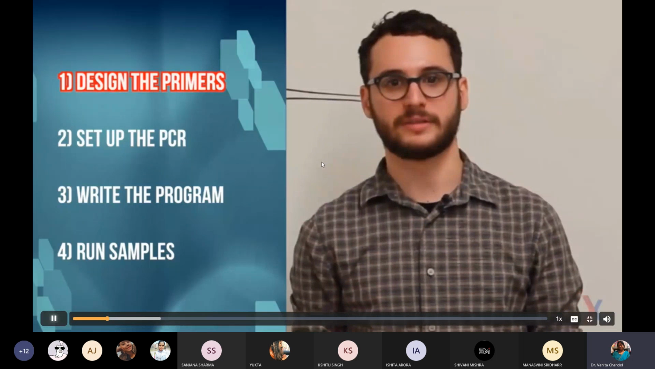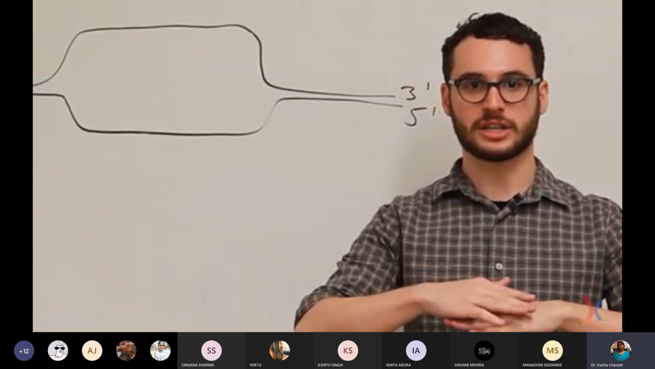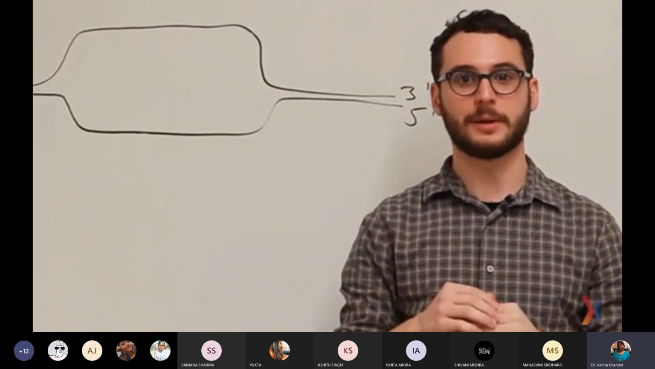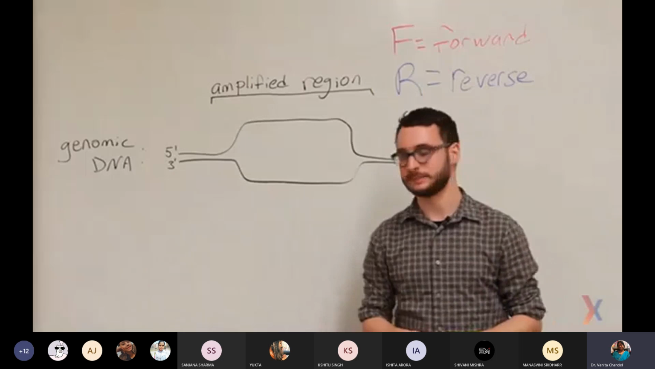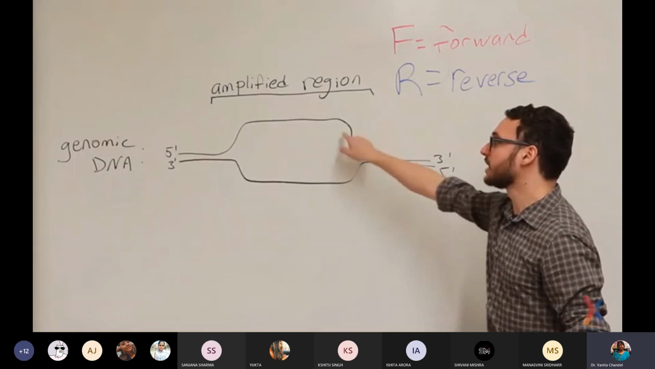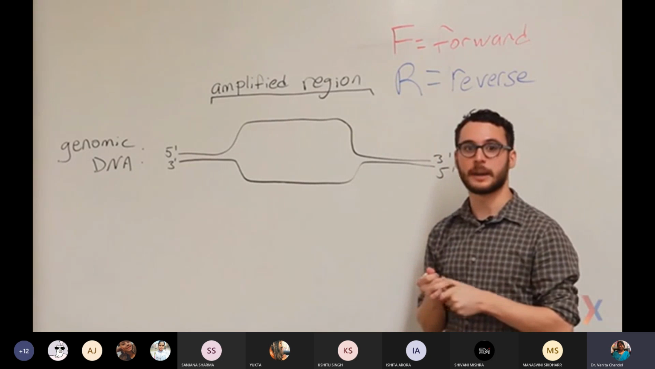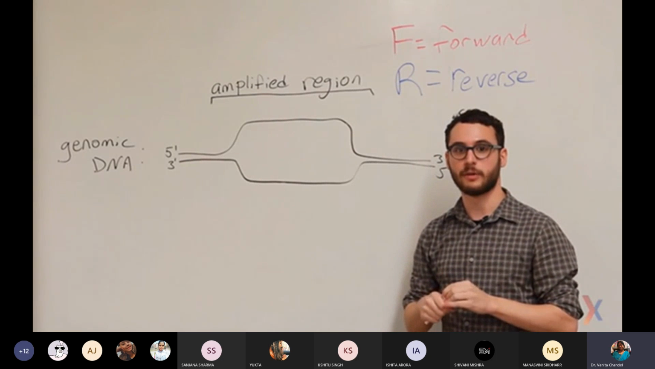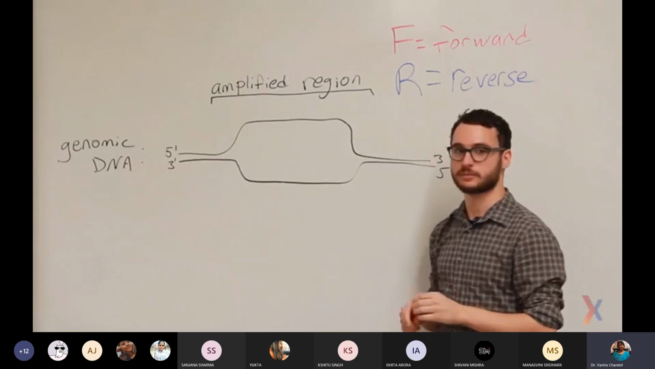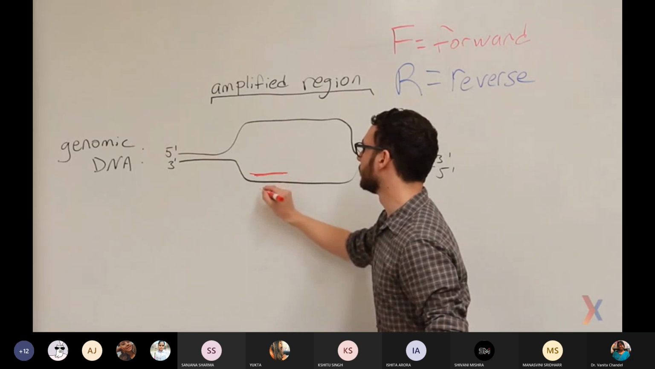that I want to amplify. Primers are short sequences of DNA that bind to specific regions within the genome and tell DNA polymerase where to initiate replication. So here I have a fragment of the human genome, and in the center is the region that I want to amplify. In order to amplify this region, I'll need to design both a forward primer and a reverse primer. My forward primer will anneal here,